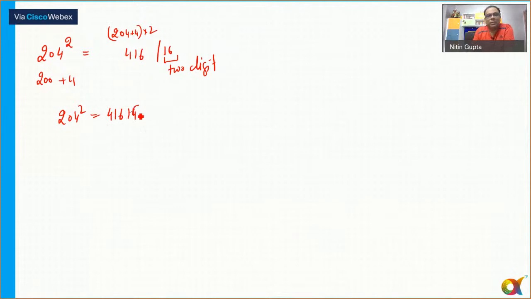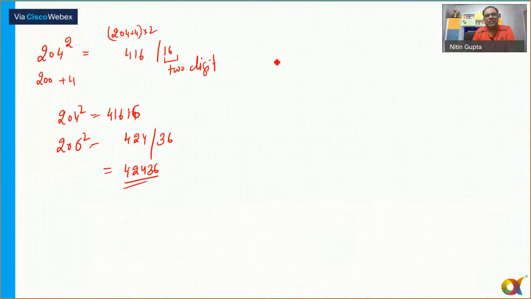Let me take a couple more examples so that you can feel confident about this approach. Let's say I need to find the square of 206. Your answer is in two parts. The last part is 6 square, which is 36, and then 206 plus 6. What is 206 plus 6? It is 212, and double of 212: 12 into 2 is 24, 200 into 2 is 400. So that is 42436. The square of 206 is